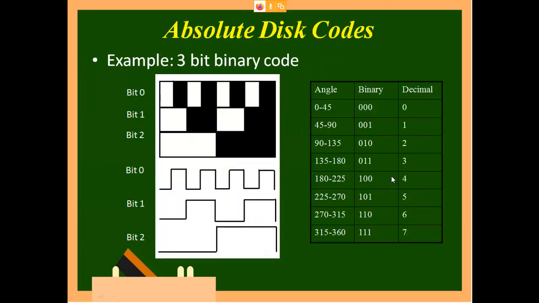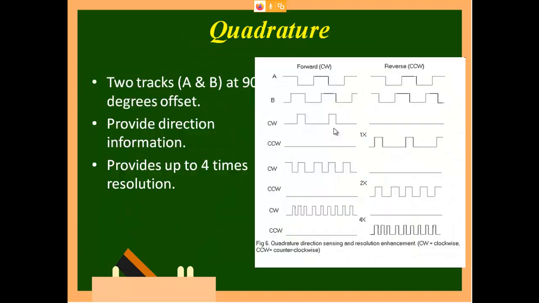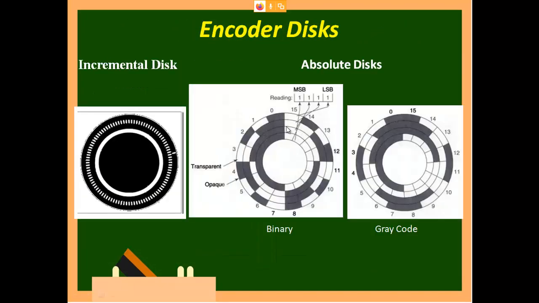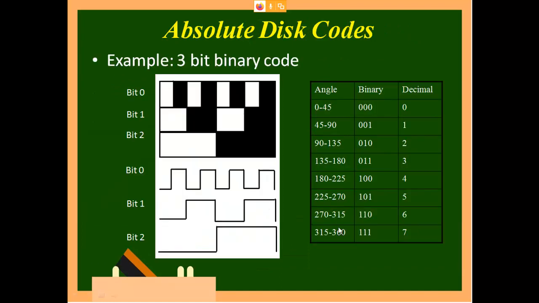Okay, now how are we going to identify the degree? So when bit 1 is there and everything is 0, you call it, the angle is between 0 to 45 and the decimal value is 0. If this is getting 1, I will identify the angle is between 45 to 90 degrees. This is what I have told with the circle itself. Directly with the circle I have explained to you what the degree is. This has been tabulated here.